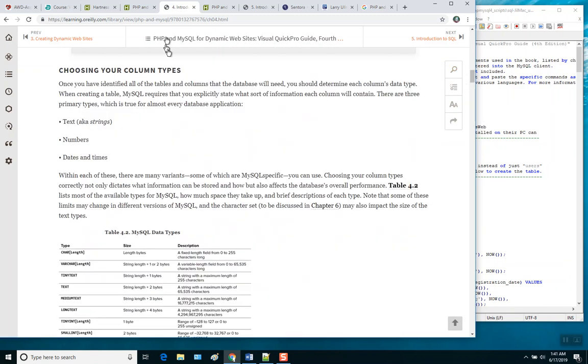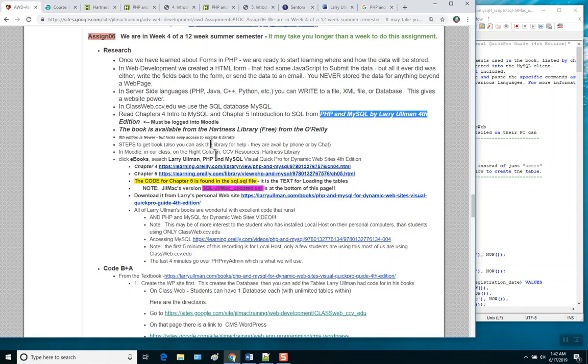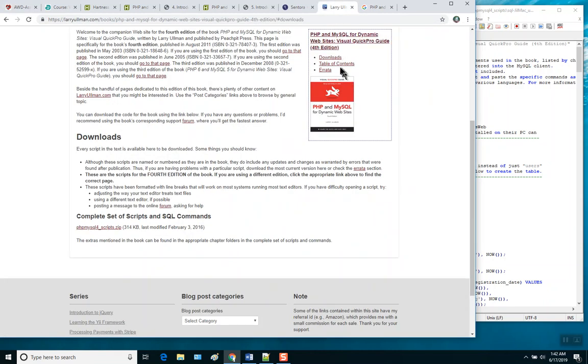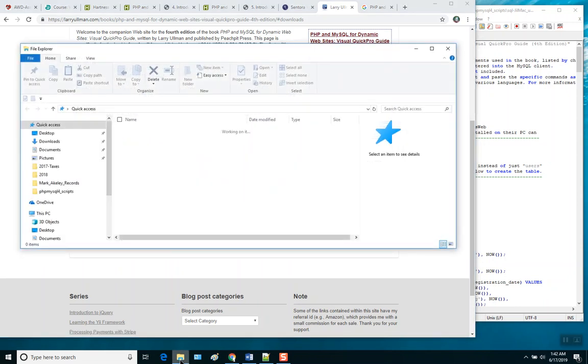Now, along with this book comes a download. So if we go back to our class site, if we want the downloads to get this, the easiest way is to go to Larry Ullman's personal site. And from there, you can go to downloads. When you go to downloads, you're going to get these PHP 4 scripts. When you download the scripts, it's going to bring up,